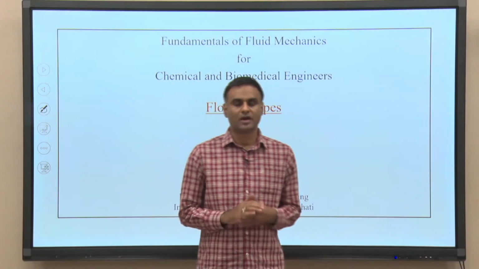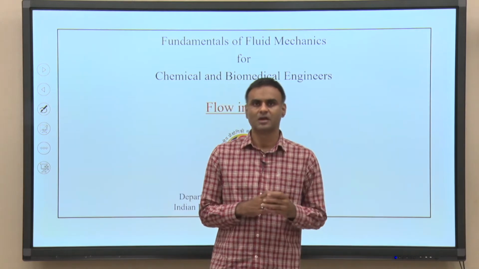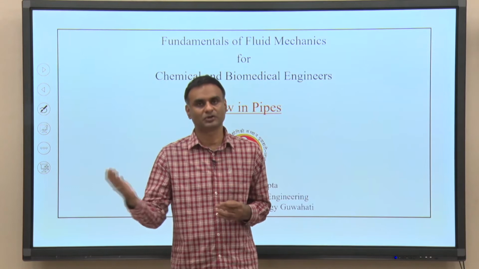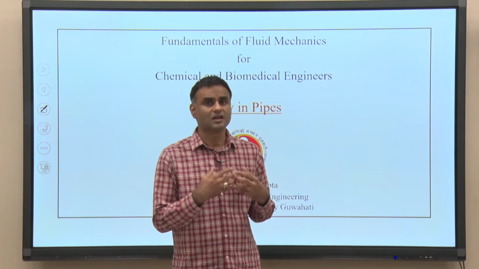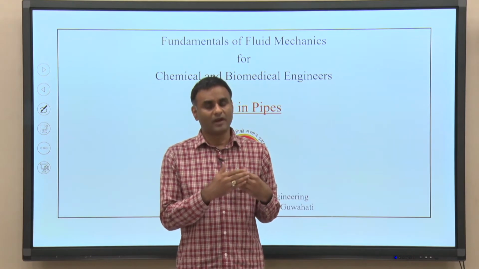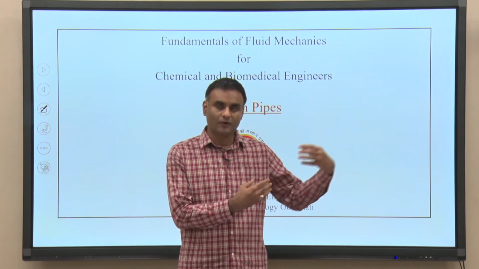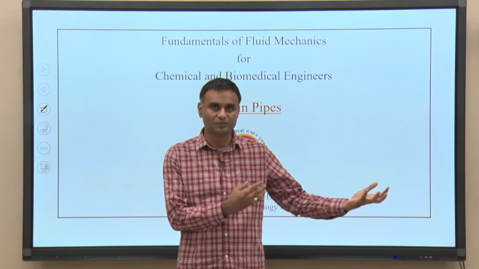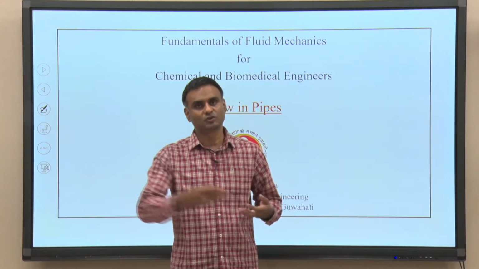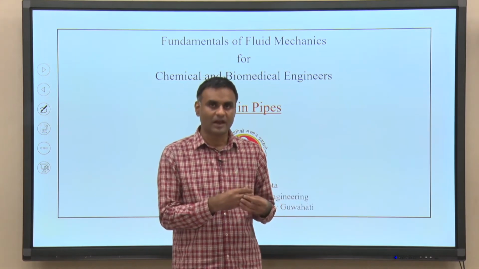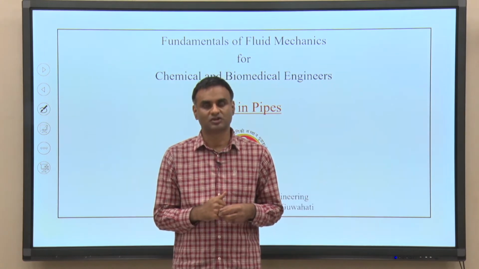Hello. So, in this last module, what we are going to discuss is flow in pipes. If you go to any chemical process industry, the first thing you will probably notice is that the industry has a number of pipes. When crude oil needs to be transported from the production site, where the oil is being drilled and brought to the surface, it needs to be transported to the refineries, and then further on from the refineries to the distribution site.